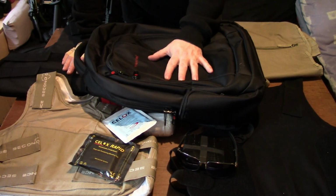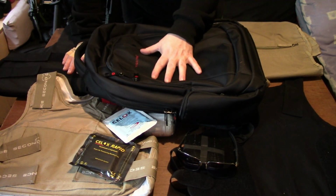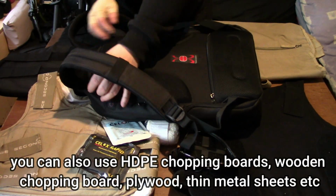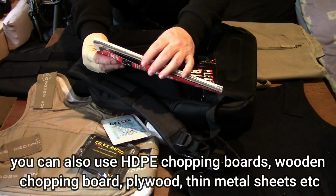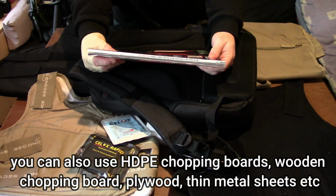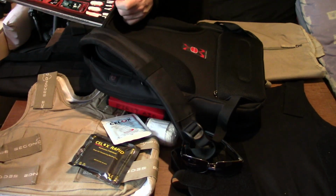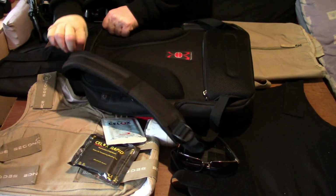So now we'll go on to some improvised armour that you can wear. Often rucksacks will have a big pouch in the back, and what you can do is put magazines in the back. So, 2 magazines like this, these are about half an inch thick when they're together, or about 12-14 millimeters, and I've tested this with knives and it's very, very difficult to penetrate very far into these. And you can keep these in the back pouch of a backpack like that, and